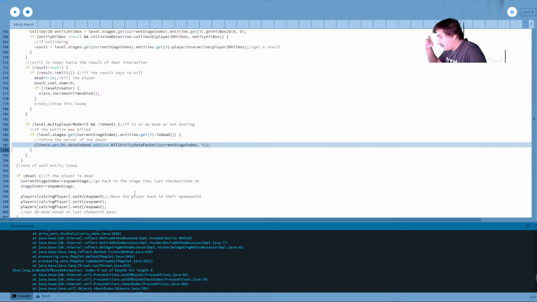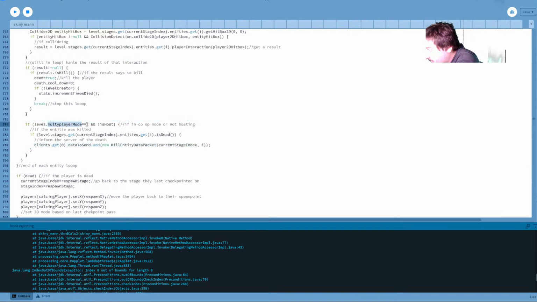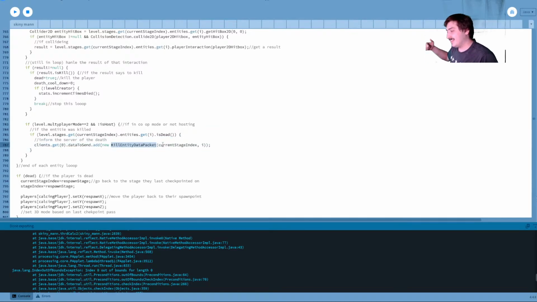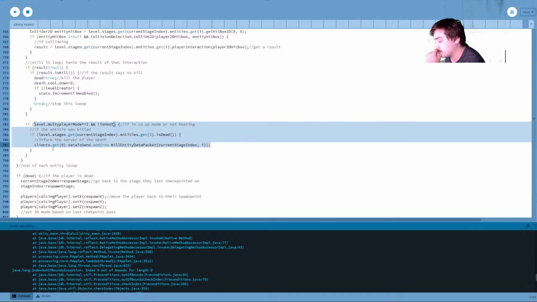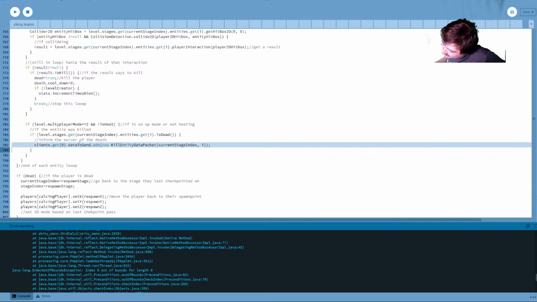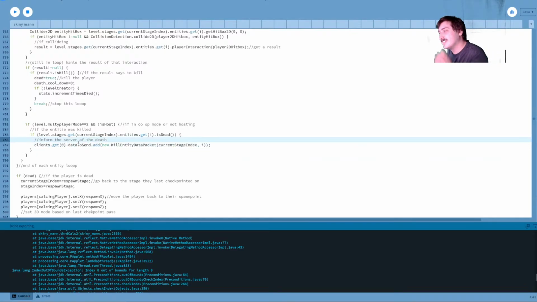So, okay, for context, what's going on here is what this checks: if this level is in co-op mode, which my test level is, just for reasons, and the system is not the host, and by default host is false, then send a packet to the host telling them that you just killed the entity. The clients list, the only thing in clients would be the host if you were connecting, which is what this is assuming here. But obviously we're not in multiplayer, we're in the level creator, so this tries to get something that doesn't exist. Damn.